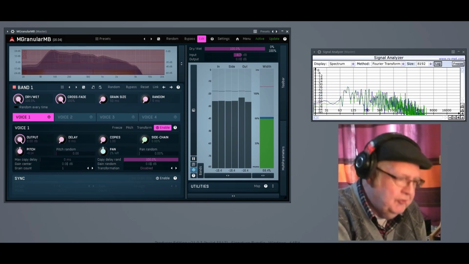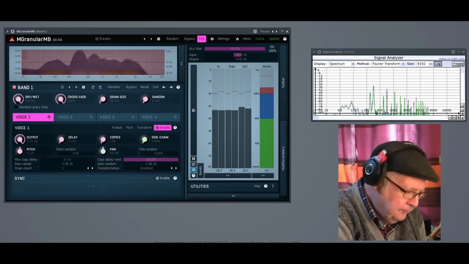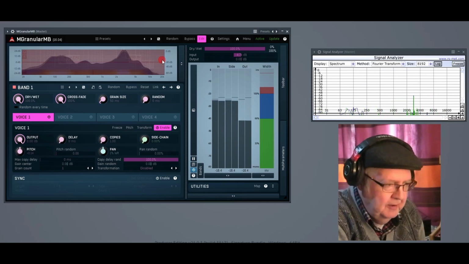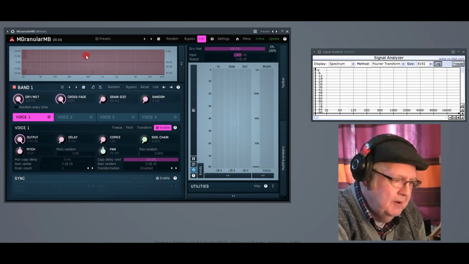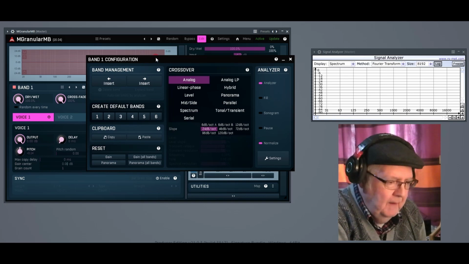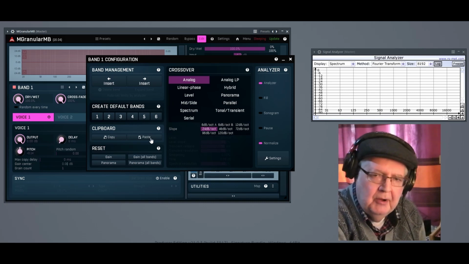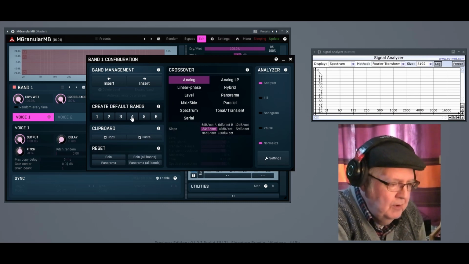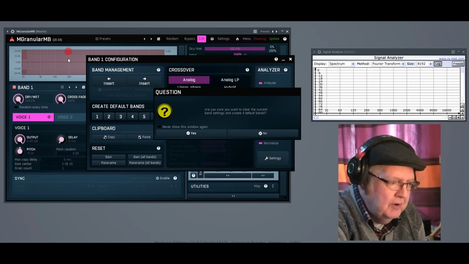Let's listen to this. It's just going from the bass up to the highest heights the piano has on offer. And I've only one single frequency band covering the whole spectrum here, which I want to change now. And I do so by right-clicking into this window, and this band configuration menu appears. The details, all the details about this, I'm going to talk about in one of the next videos. For now, I want four frequency bands, I want to divide the single one into 4 individual ones, and